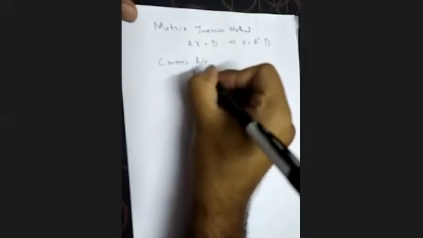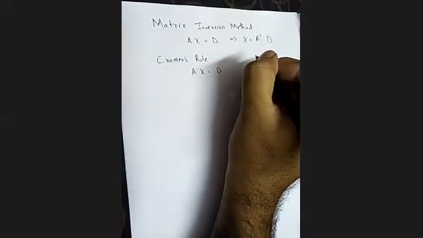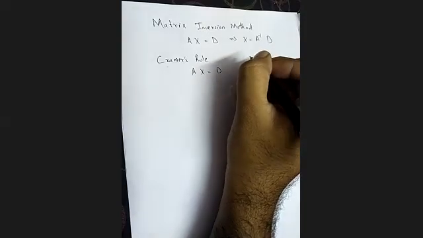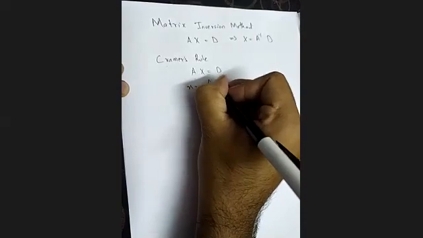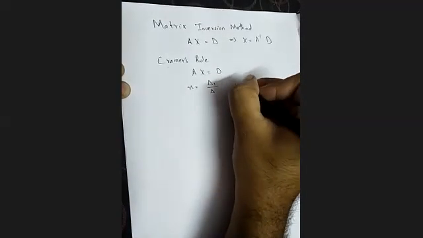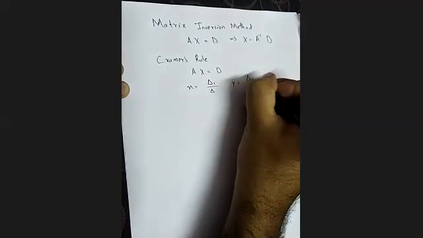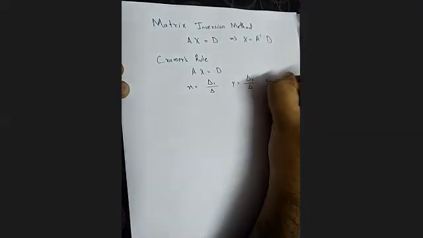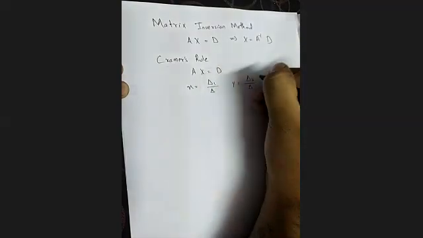Okay? In this, AX is equal to D. Okay, it will be given to us in the question. Okay, solution will be x is equal to delta 1 by delta, y is equal to delta 2 by delta, and z is equal to delta 3 by delta. Delta 1 will be the determinant. Okay, you will understand this once we start solving the questions. Okay, just remember this concept.